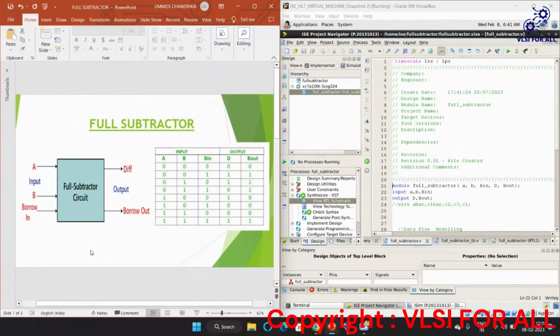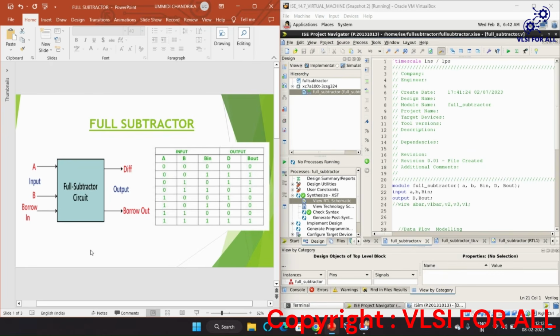In the Verilog series, I am presenting the full subtractor and its implementation in Verilog using Xilinx ISE 14.7 version, using three types of abstractions: data flow modeling, behavioral modeling, and structural modeling. A full subtractor is a combinational circuit that performs subtraction of two bits, one is minuend and the other is subtrahend, and also takes the borrow of the previous adjacent lower minuend bit. This circuit has three inputs and two outputs.